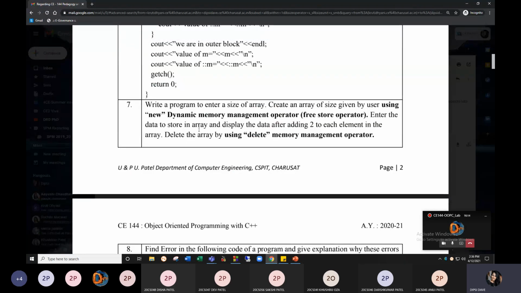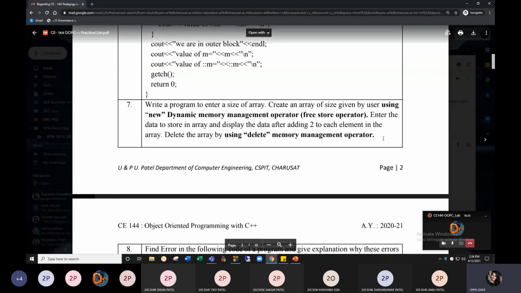Enter the data to store in the array and display the data after adding 2 to each element.